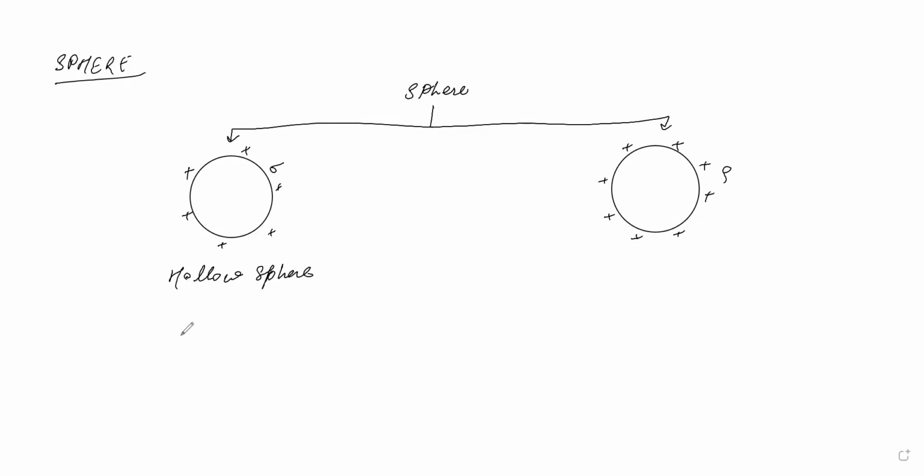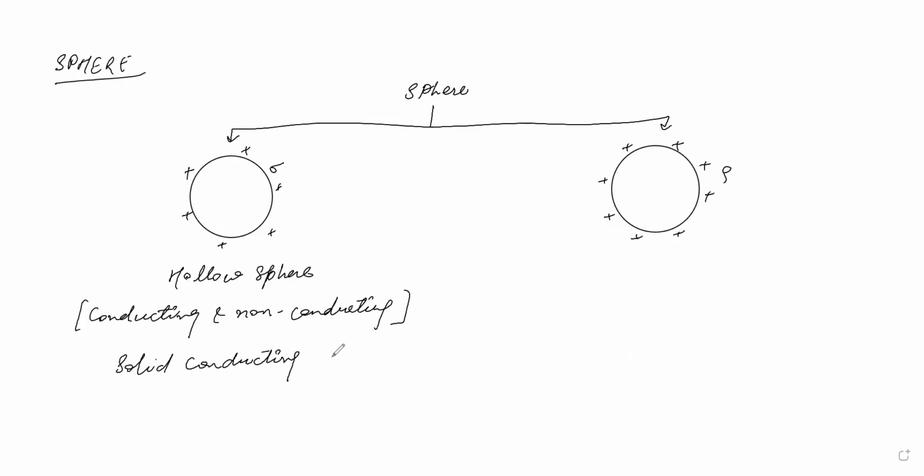When your sphere is hollow, it can be named as conducting and non-conducting, both. Conducting and non-conducting. Sometimes it is also called solid conducting sphere. Similarly, this is another sphere which is known as the solid